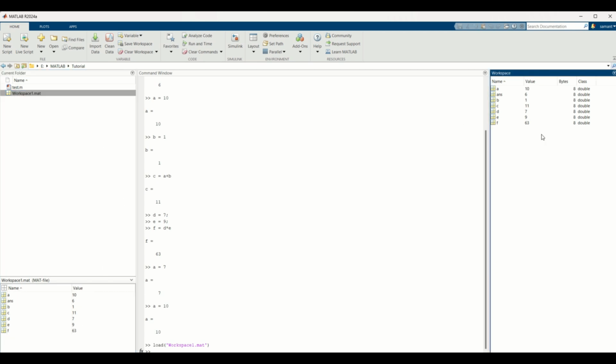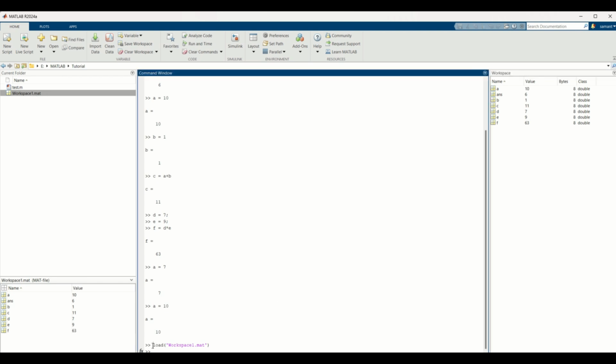But I already had these variables in my workspace, and then I opened it. How will I know if these are loaded or not? You can see here, when I double clicked on my workspace1.mat file, a command ran in the command window saying load workspace1.mat.